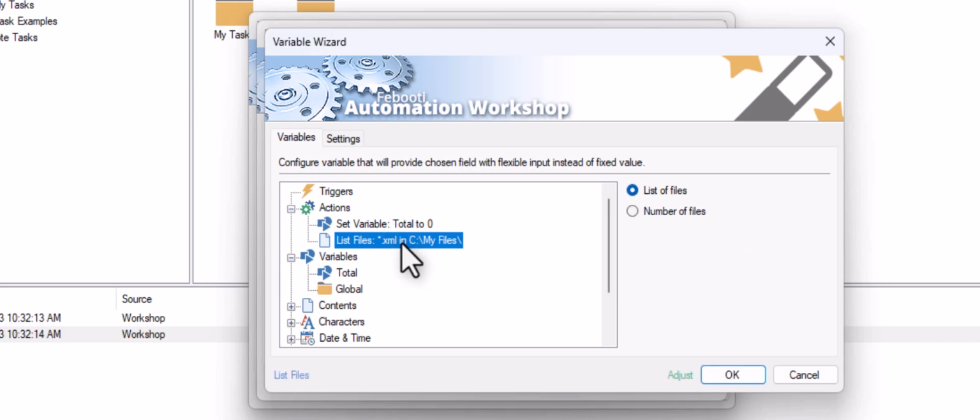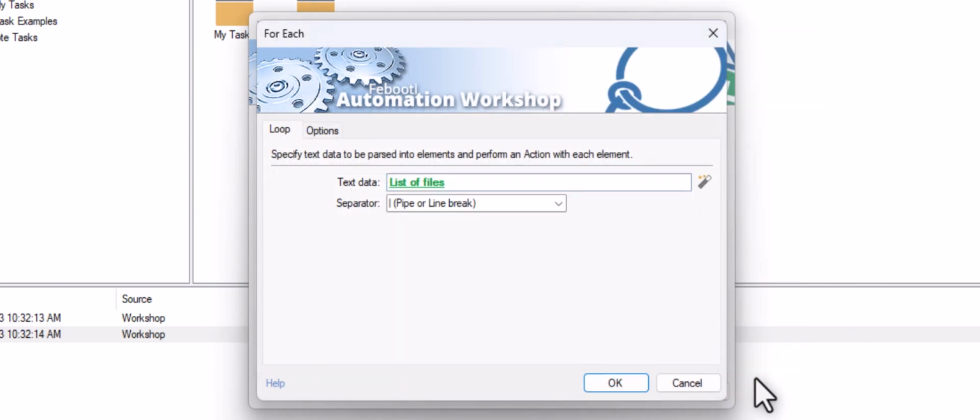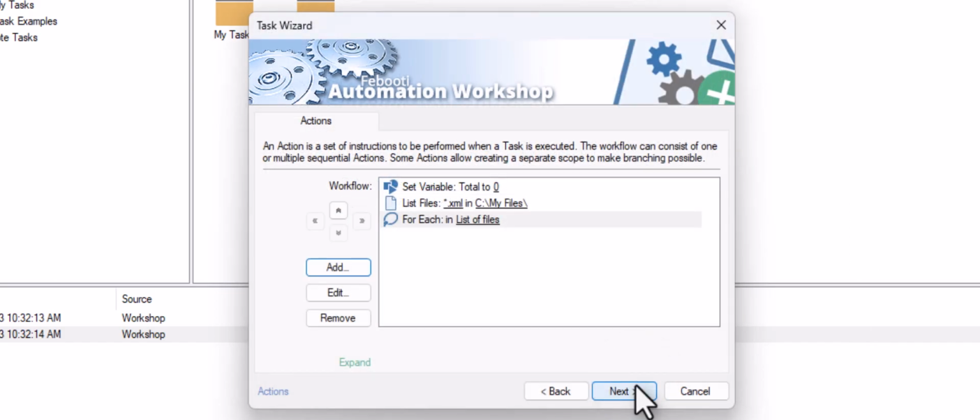The list files action we just added gives us the list of our XML files. Let's use the list of XML files in our loop. All subsequent actions will be within the scope of the for each action. Each of these actions will be executed for every XML file in the list.